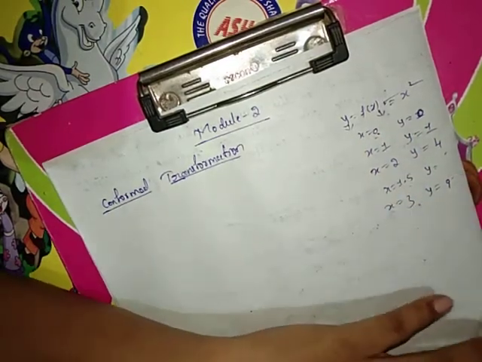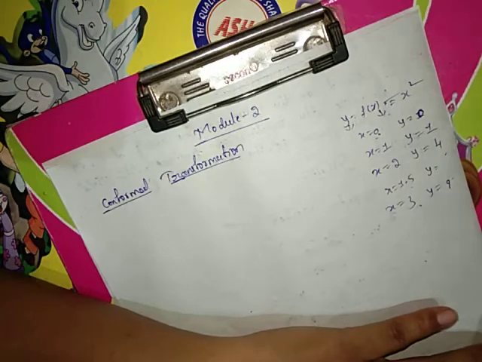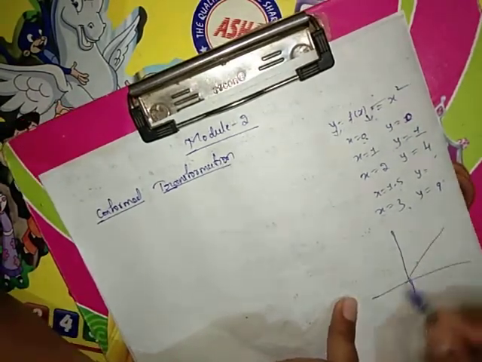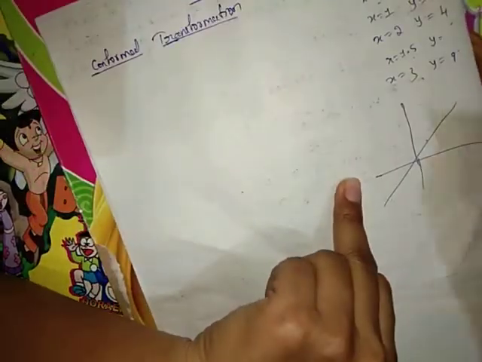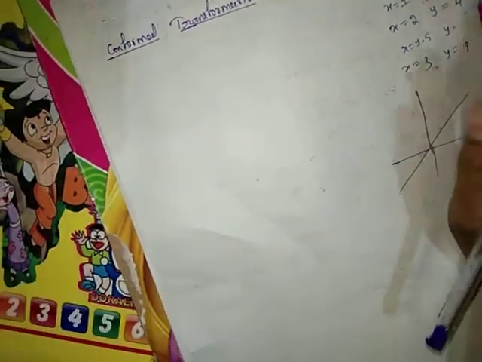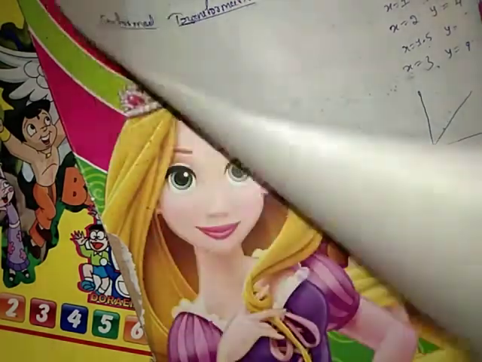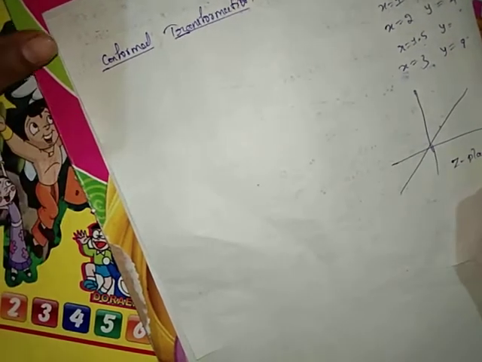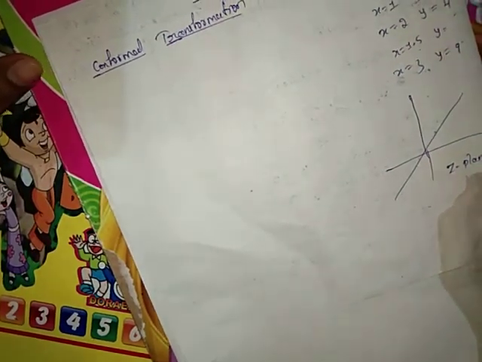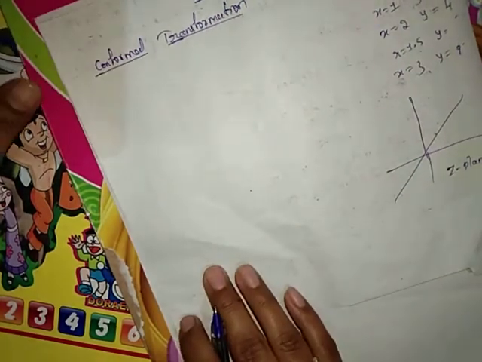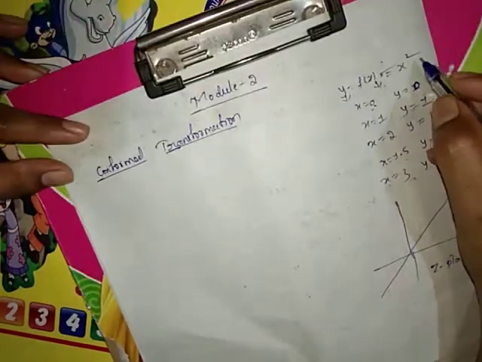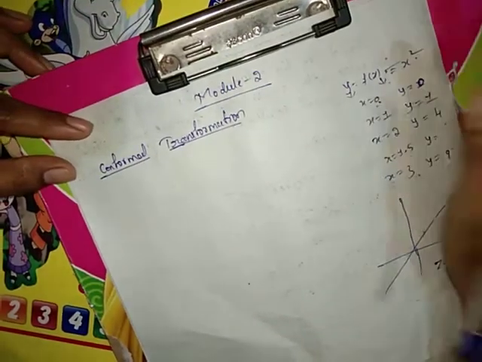And when you draw it in the xy plane, you will get a graph like this, a straight line passing through the origin. That is called your xy plane. Correct? Same as it is, that is also called a z plane. So what does this indicate? You just have to remember that for every value of x there is a corresponding y.